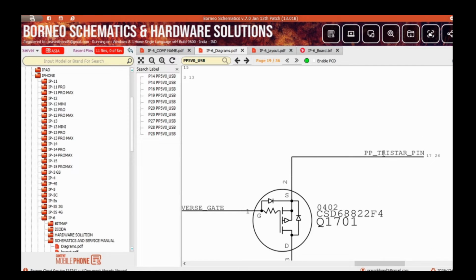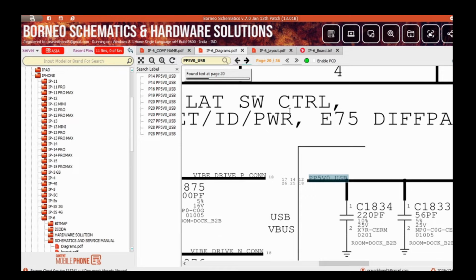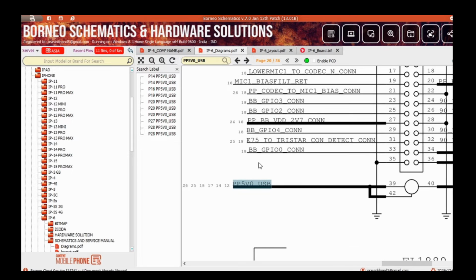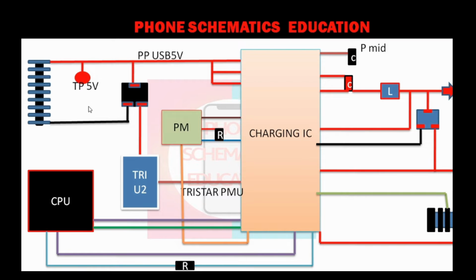Through MOSFET, another line connected to the U2 IC, right? Now this line goes back to the same IC. Now I will show you with a diagram. I will explain to you with a diagram. Now you will see this diagram. First, when you connect the charger,